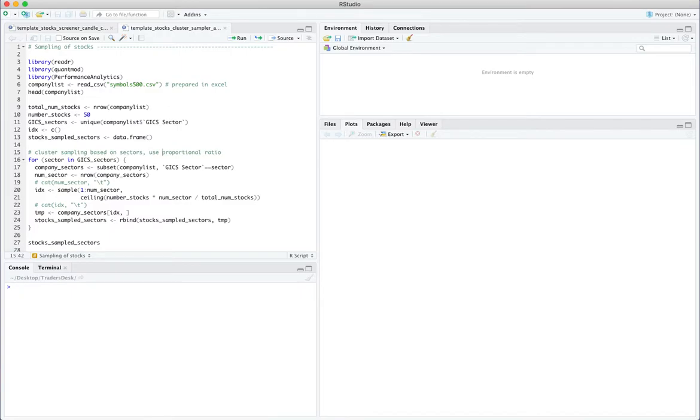Today, I'm going to talk about stock sampling. We're going to use cluster sampling based on the sectors, specifically the GICS sectors. And we will proportionally sample a few stocks from each sector and see how they perform in their candle charts. This will also give you a chance to have an overall glimpse of the stocks' performances and the